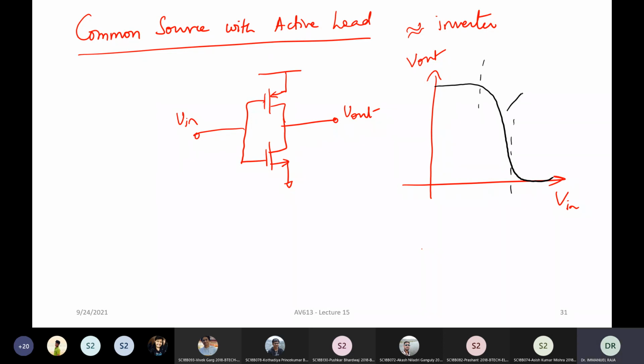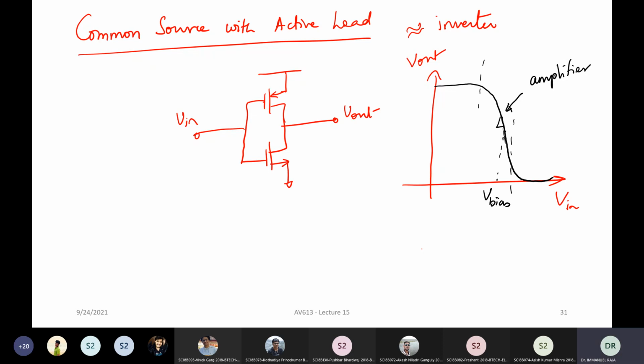Now, in this sloping region, in this region where it slopes, it behaves like an amplifier. It has a certain slope here, and therefore you will get a pretty good gain. If you can bias your transistor in that transition region of your inverter, it behaves as an excellent amplifier. Of course, it is over a very small region, but in that region, it behaves like a good amplifier. Now, what is the gain?